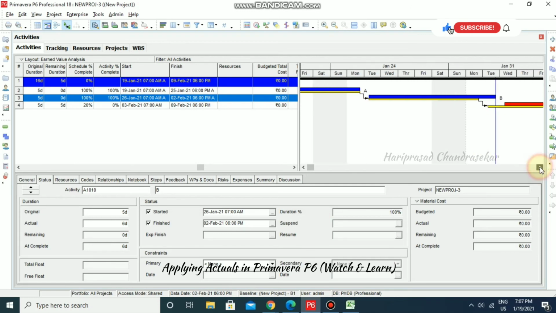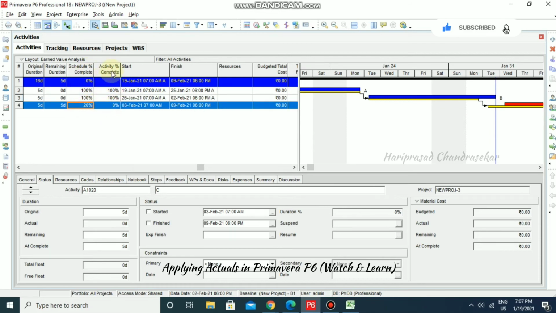Once you schedule, this is a progress line. That progress line we can see in blue color, and it is showing you the percentage. Now because of the delay in activity, we are getting schedule percentage complete 20 for the third activity also, but the activity percentage complete is 0 for this activity, as we have not started this activity.